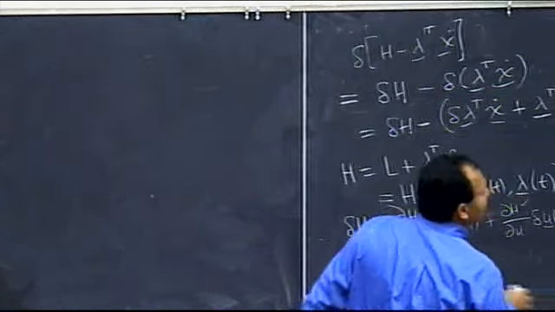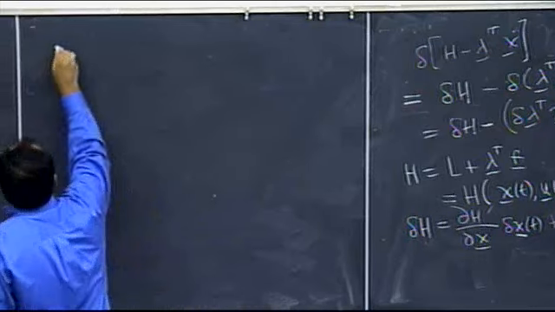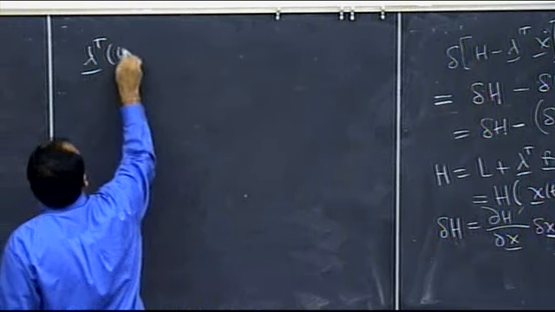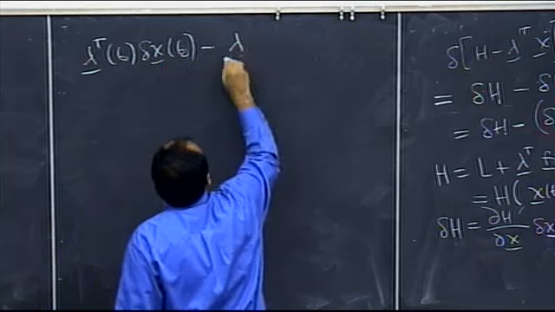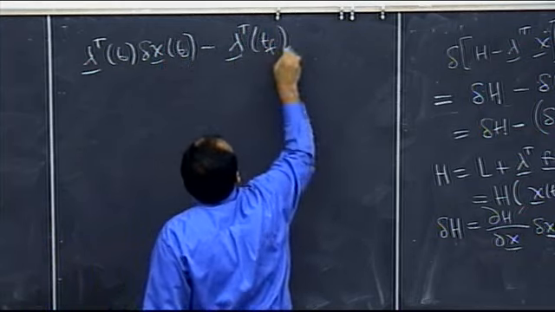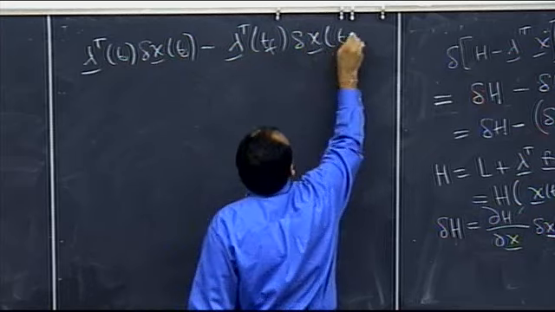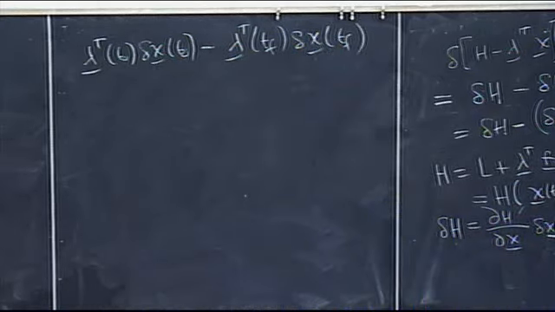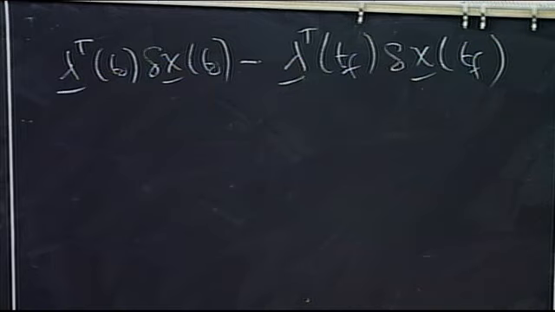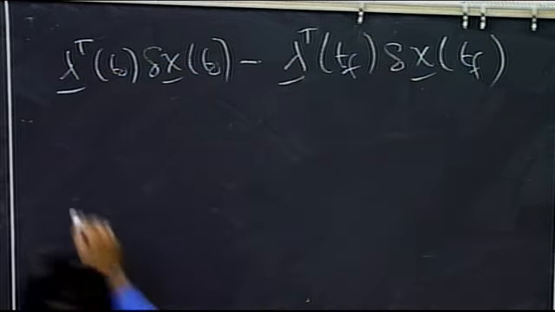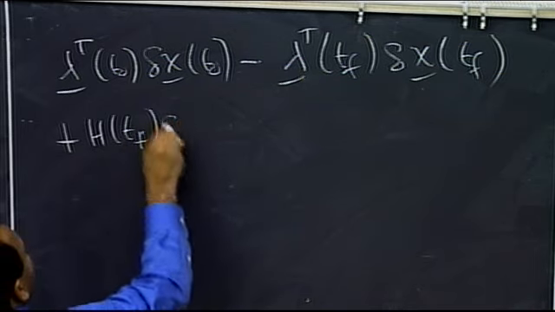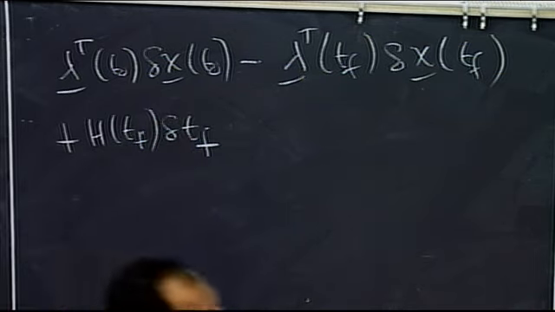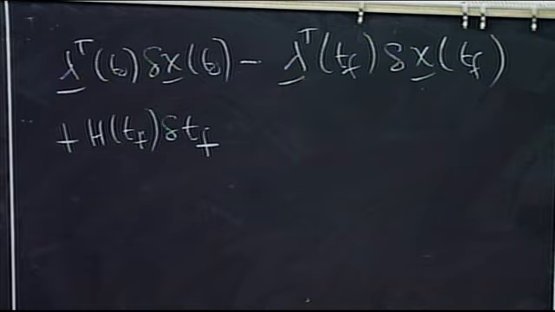We've got lambda transpose at t0 times the variation in x at t0 minus lambda transpose at tf times the variation in x at tf. Those are those two terms over there. And then I've got plus h at tf times the variation in tf. And then I've got minus,